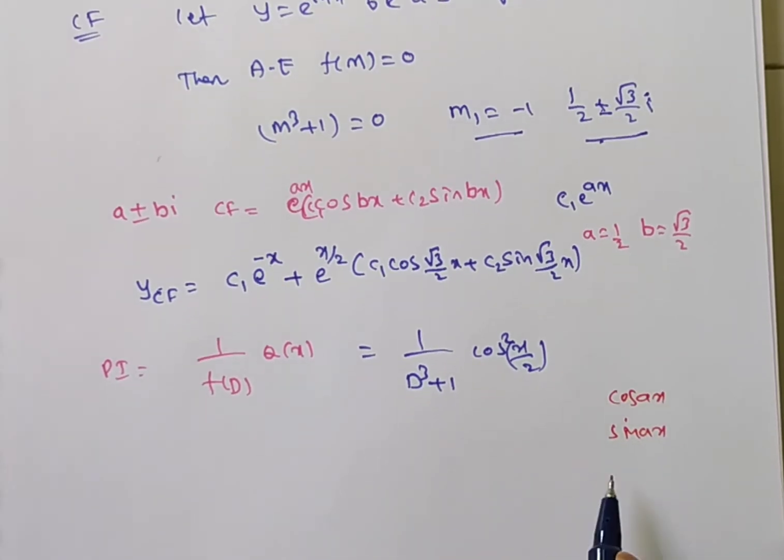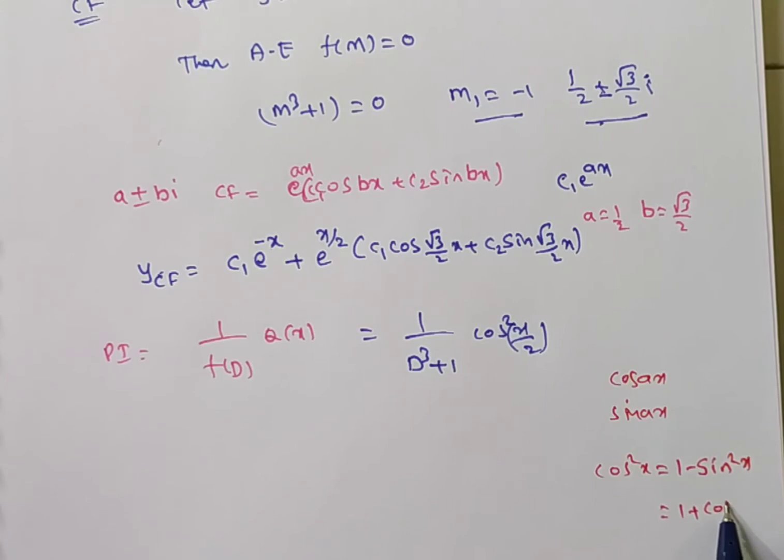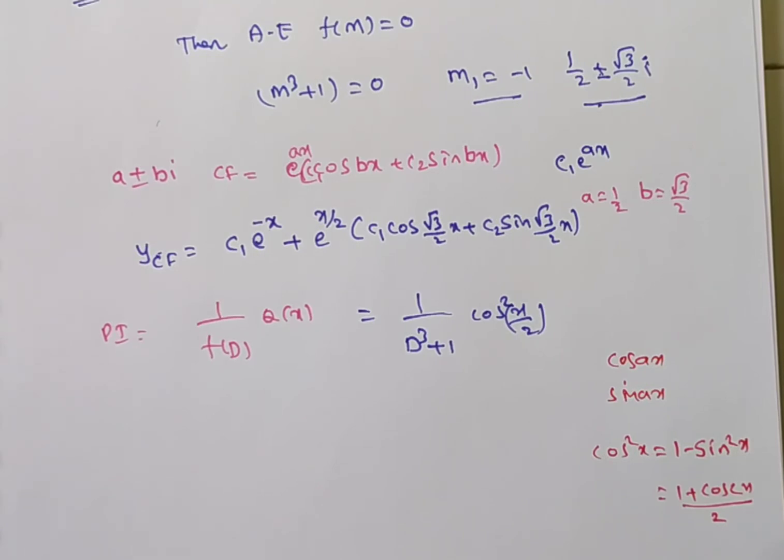Which formula do we have? For cos² x we have two formulas. One is 1 − sin² x. Another one is (1 + cos 2x)/2. So which formula do we have to use? Both you can use, but now we are discussing one. We can do cos or sin, but in this case if you write 1 − sin², again a square is there, so you cannot apply this formula. So this is the (1 + cos ax) formula. Yes or no? So you can apply this one.